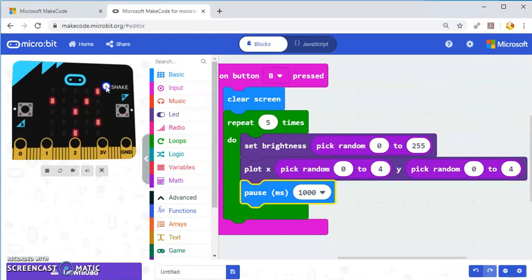So the shake is toggling that middle one, and now notice because the middle one was on, it leaves everything else because we haven't cleared the screen. So that's something we might think about on the shake. Maybe we need to put in a clear screen or something like that,